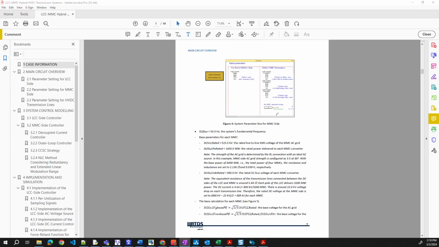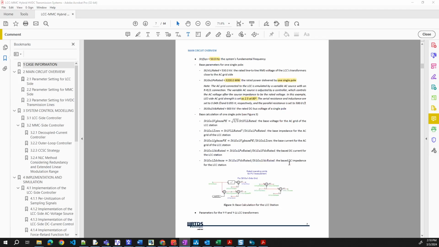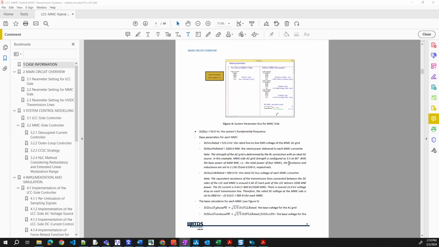Something to remember: the time constant in the simulation circuit must be 2 times larger than the time step.